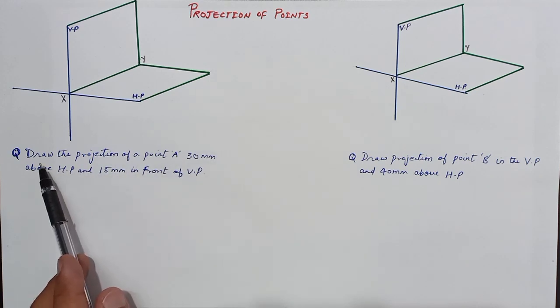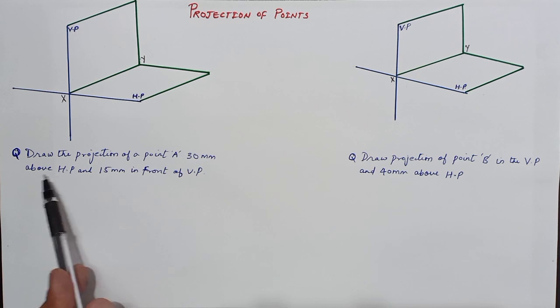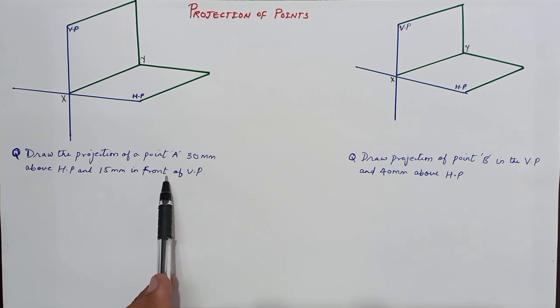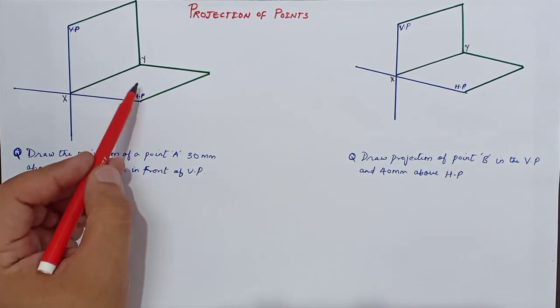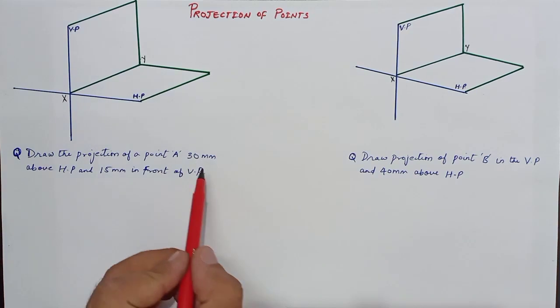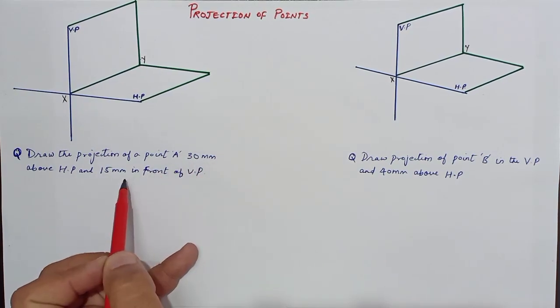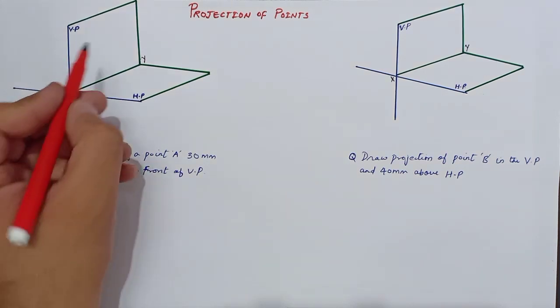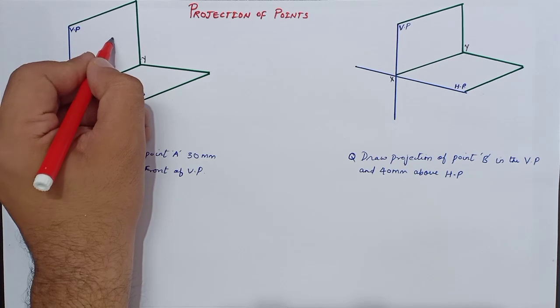So the first example: draw the projection of a point A 30 mm above HP and 15 mm in front of VP. We will place point A between the vertical plane and the horizontal plane such that point A is 30 mm above HP and 15 mm in front of VP. So if you take a point here, point A,